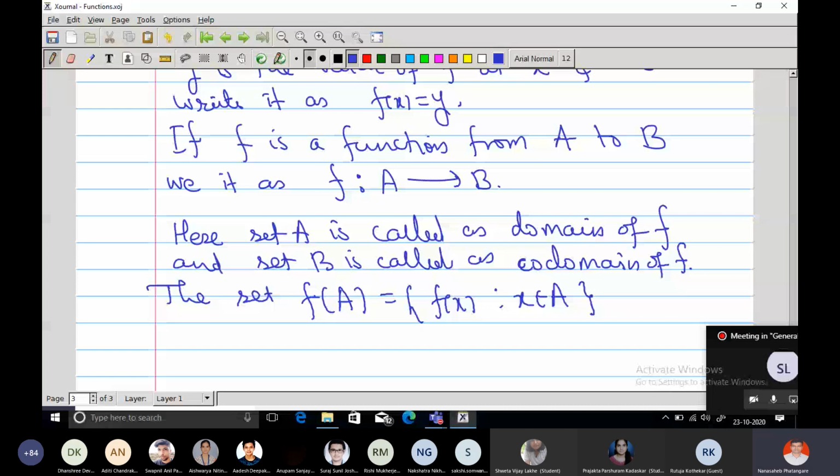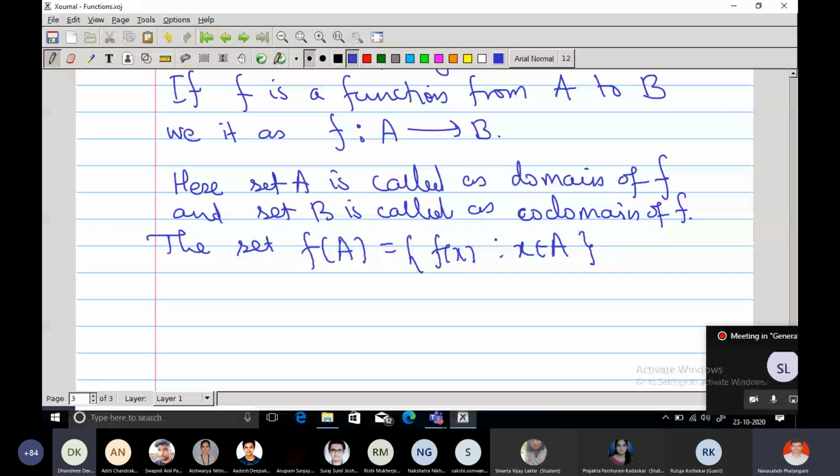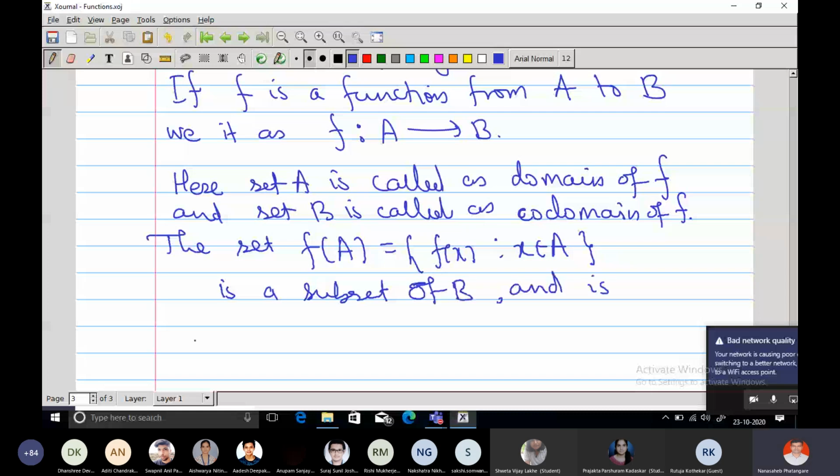The collection of values of the function is a subset of what? Codomain. So it is a subset of B and is called the range